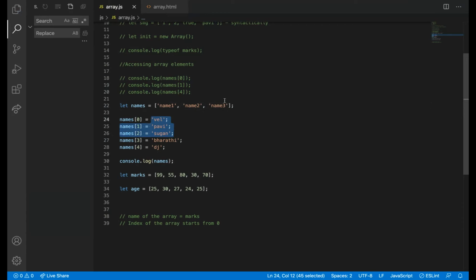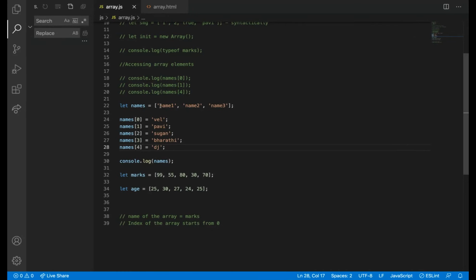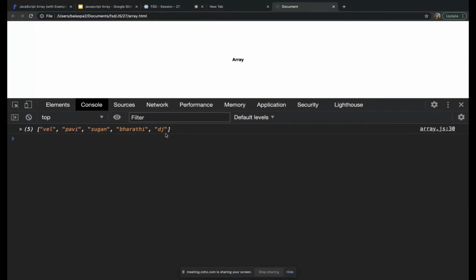The 0, 1, 2 values will be replaced with Vel, Pavi, Sugan, and then in the third index it will say Bharti, and then the fourth index it will say DJ. So now if I print, Vel, Pavi, Sugan, because previously it was assigned with the string, and after this we are replacing the first three values, and the third and fourth values are not replaced.